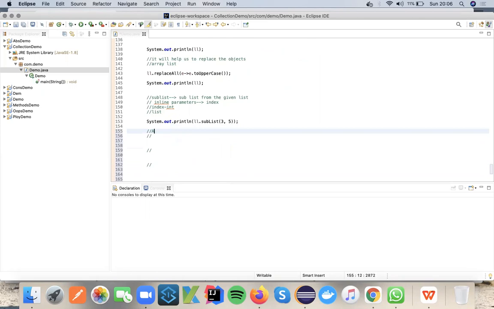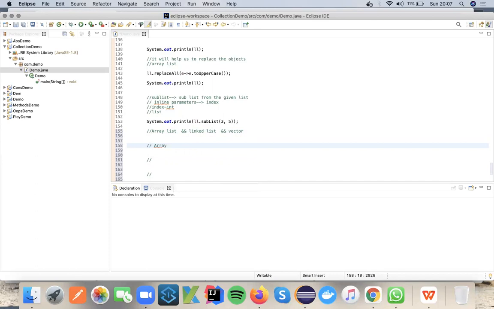ArrayList and LinkedList and Vector. So now we will try to understand the difference between ArrayList and LinkedList and Vector. What ArrayList will do, what LinkedList will do, what Vector will do, and when to use which data structure, that is important. So as I discussed, one thing we have discussed actually, ArrayList is index based,